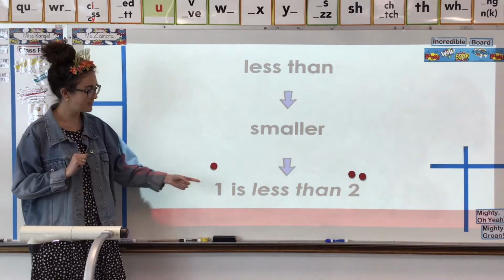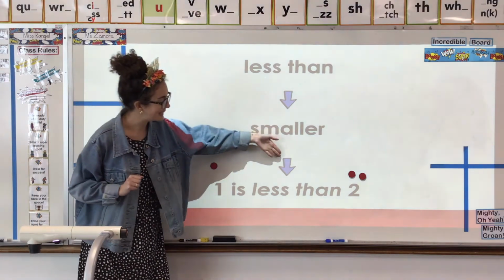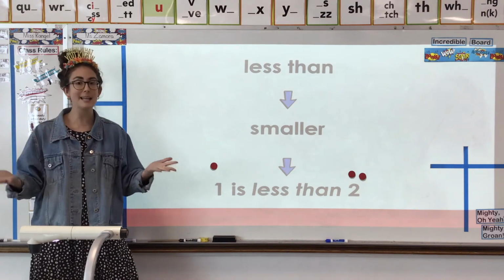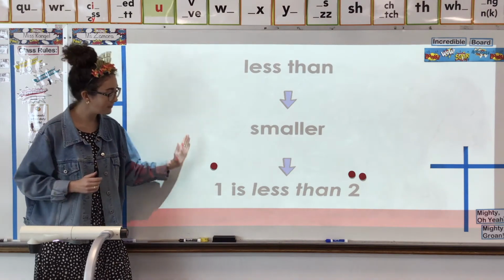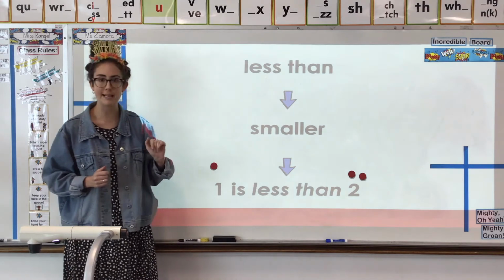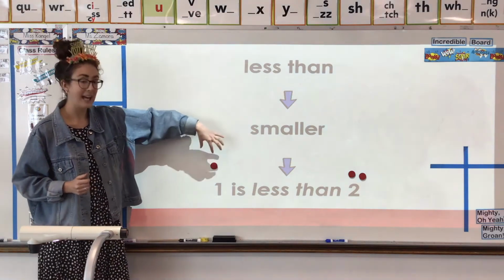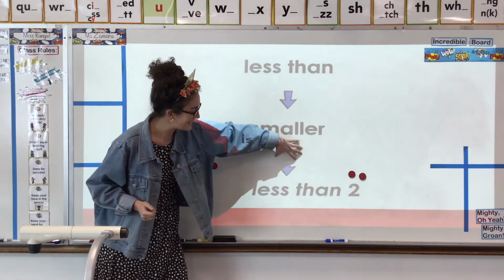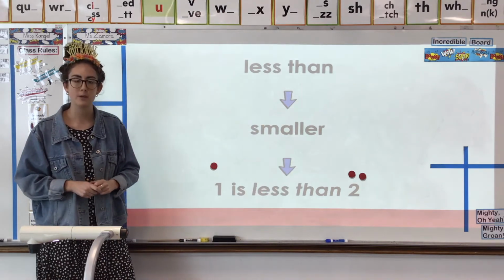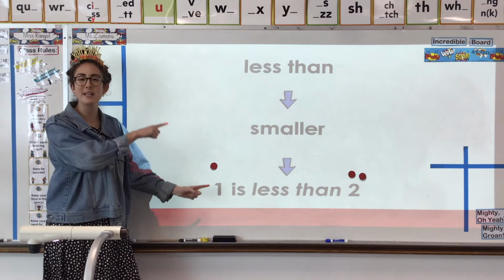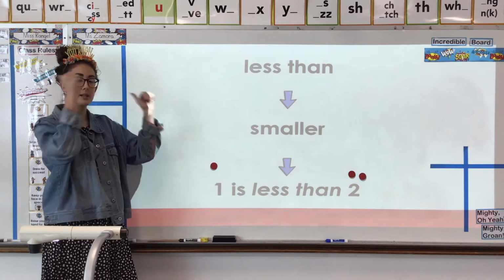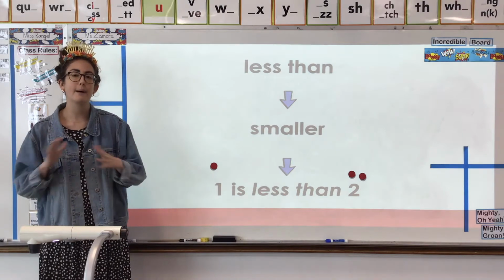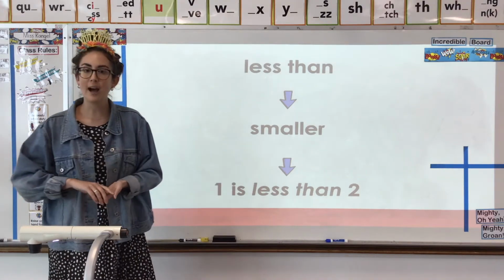In this instance, 1 is less than 2. It's not the other way around. We can't switch it because we have to read from left to right. 1, its relationship to 2 is that 1 is less than 2. We always have to focus and start with this left number in order to write a correct number sentence. We've got less than,